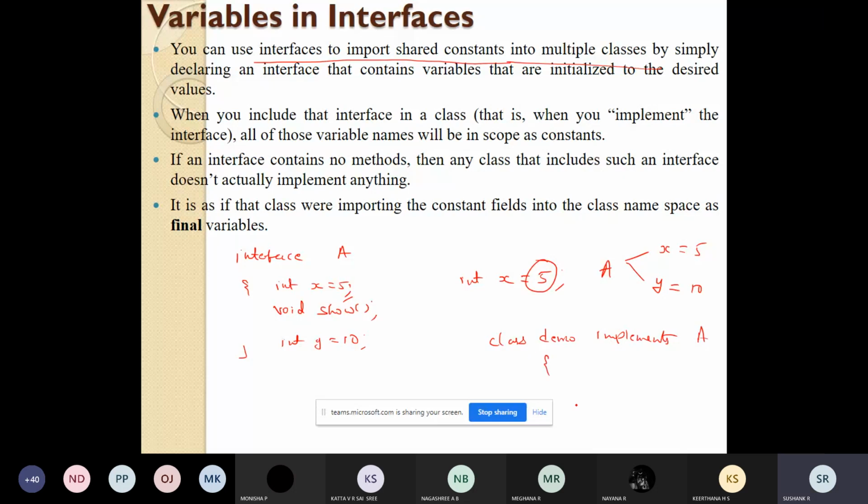Now this class demo can use the values of x and y, but it cannot make changes to these variables. It can only read them, it cannot modify their values. So this is regarding variables in interfaces.